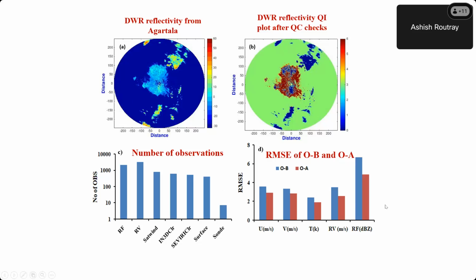But one peculiar thing we have seen: once the reflectivity is assimilated, the RMSE in O minus B is high as compared to the other. So it gives a message that we need further quality control. It's not well-proved quality control, we can say, so this work is going on. How will more quality control apply to the reflectivity? The radial velocity is coming good. It is reasonable for this RMSE, but for the reflectivity, O minus B and O minus A, you can see this is a high error.